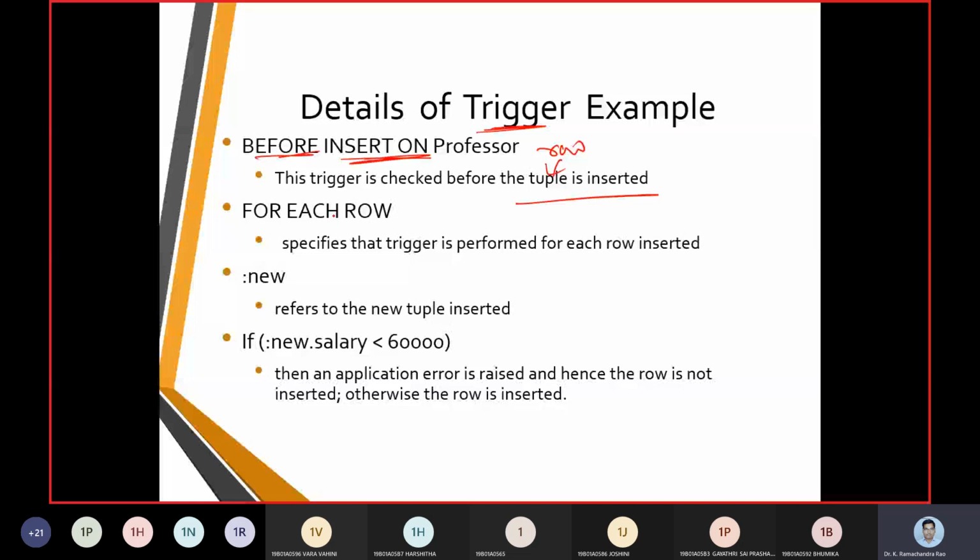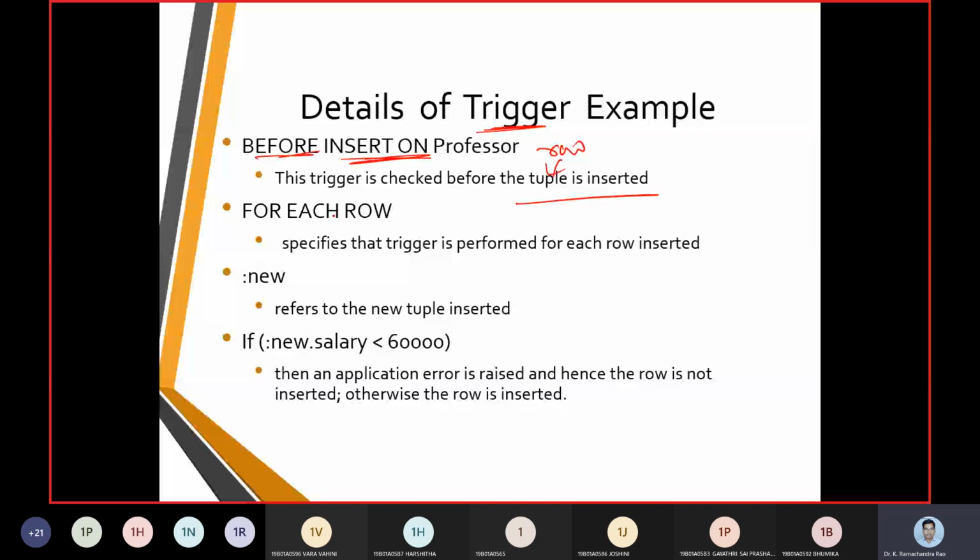Now we do have the syntax for the trigger statement here. In this trigger statement, we mention CREATE, followed by TRIGGER, which is the reserved word, followed by the trigger name, which we call a user defined word.